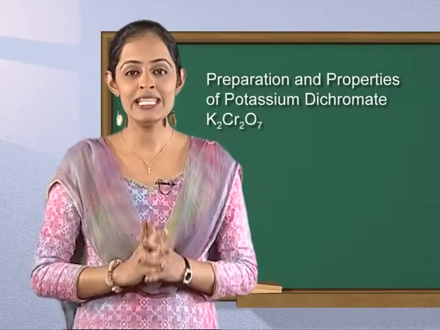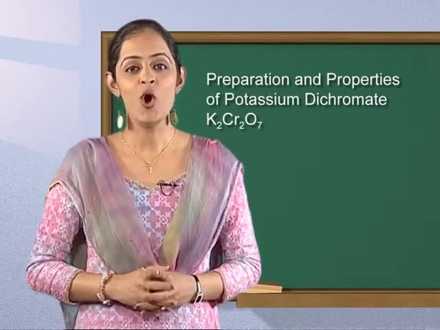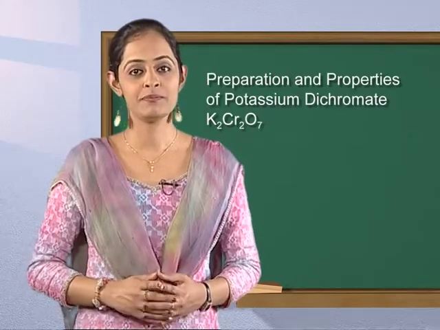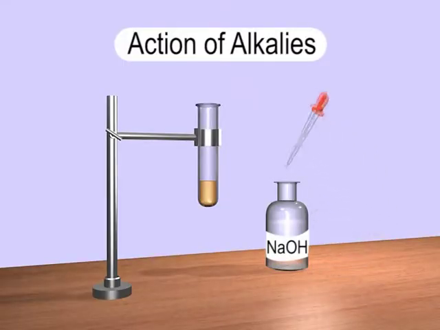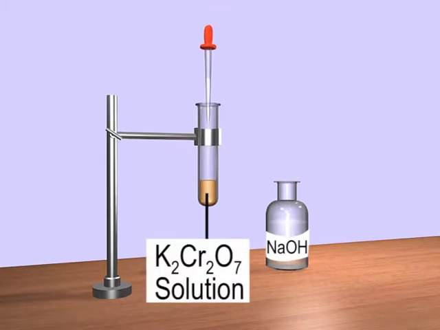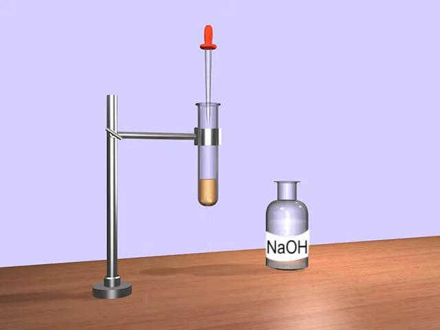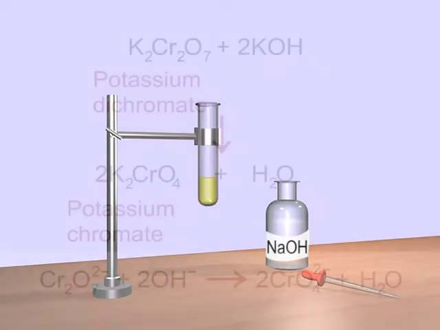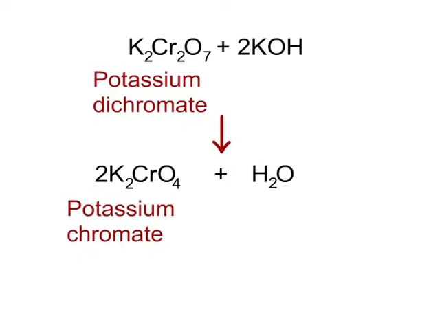Now, let us see the action of alkali on potassium dichromate. Action of alkalis. When sodium hydroxide is added to potassium dichromate solution, it changes to potassium chromate and water is also formed. Due to the formation of potassium chromate, the color of the solution turns yellow. The chemical equation can be written as: